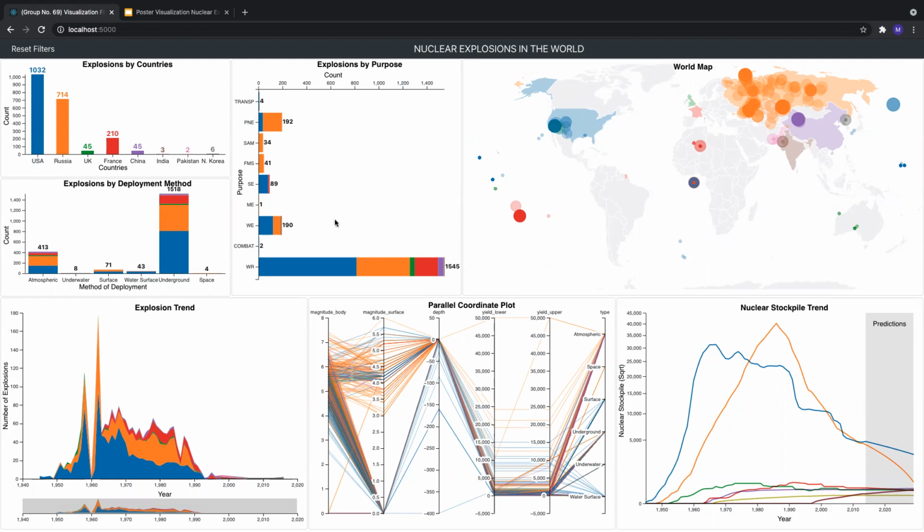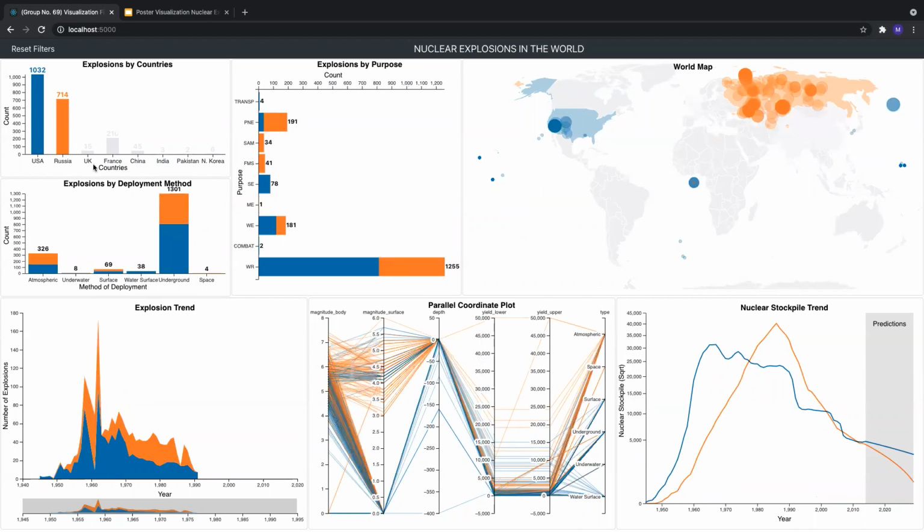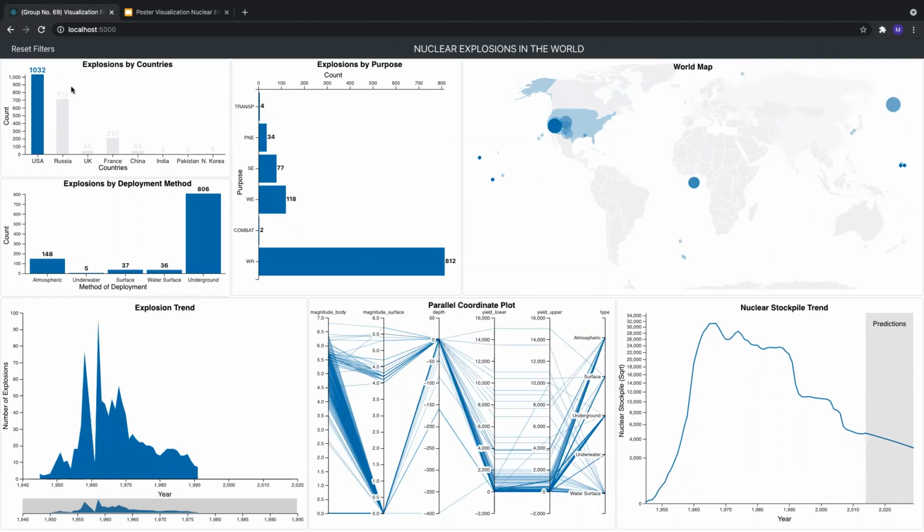And on top of that, these bar charts provide a mechanism for filtering the data. For example, if I click on USA, all the other charts are updated accordingly. If I click on Russia, and you can see France and so on.